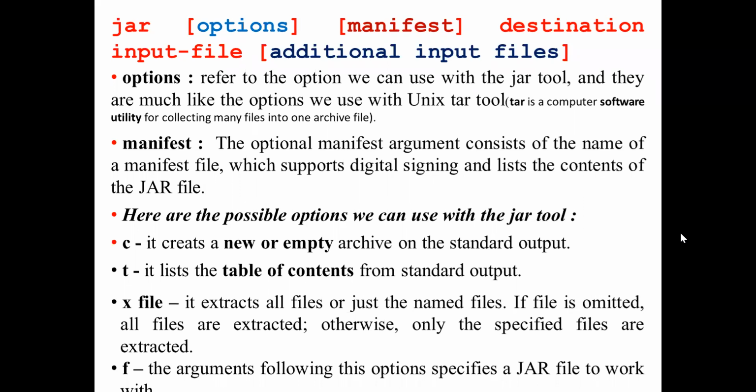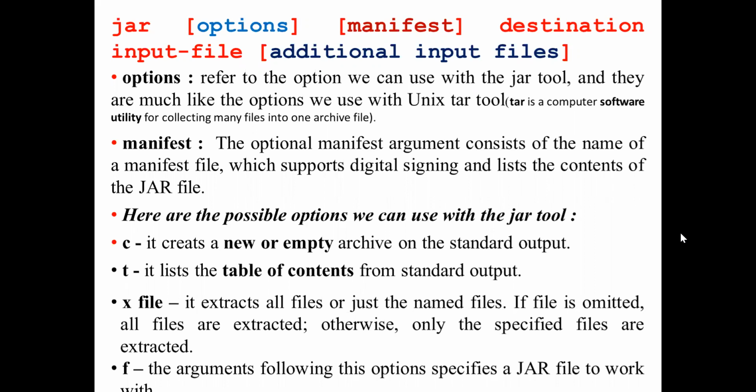So we use the manifest file as an argument with the name of the manifest, which supports the digital signature. It contains a list of jar files.